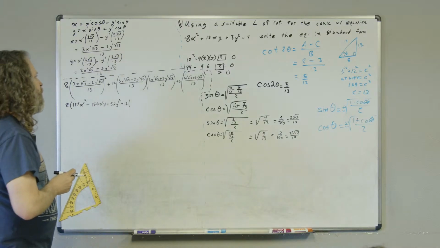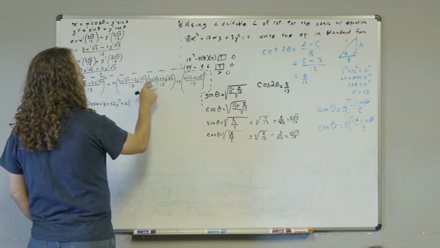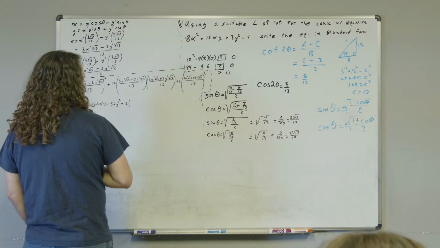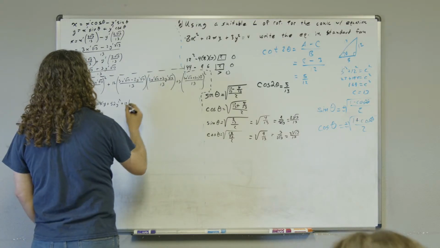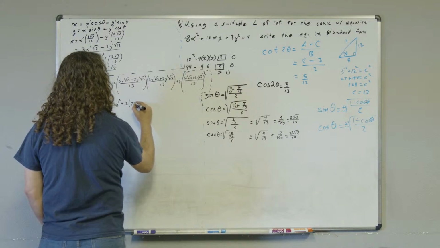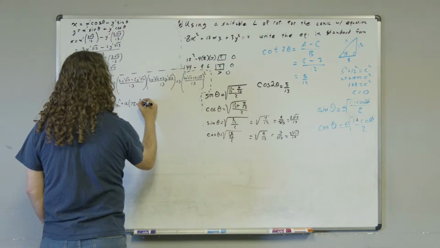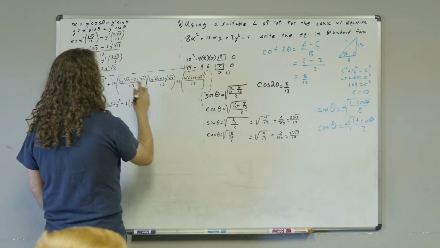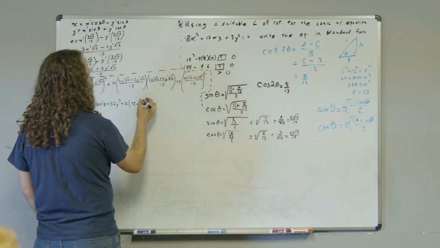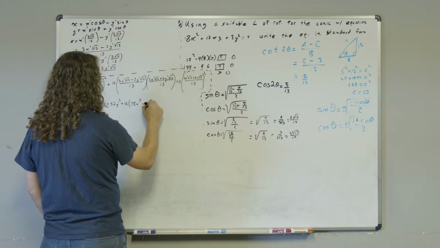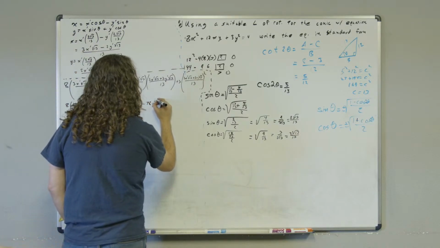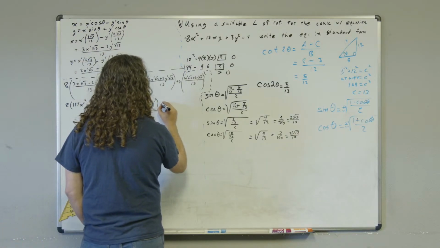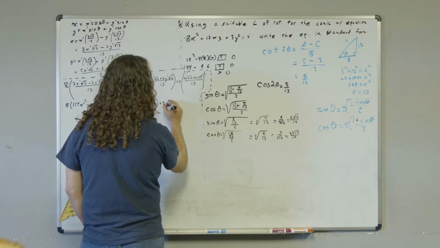Wait. 3 times 2 is 6 times 13. What is 6 times 13? 78. 78 x prime squared. Excuse me. Last is minus 78 y prime squared plus 3 times,